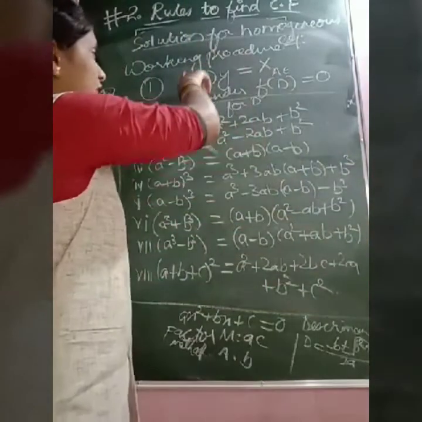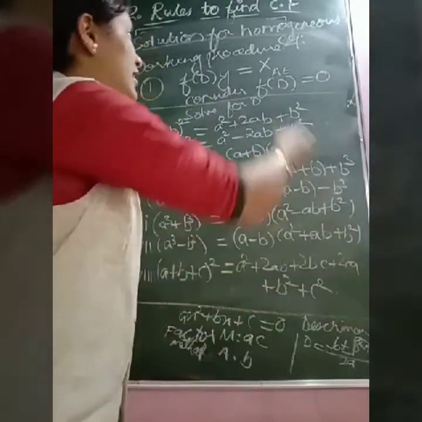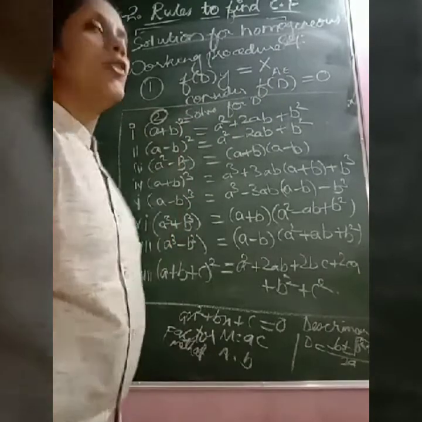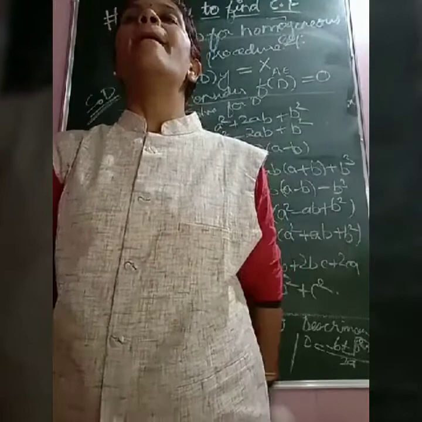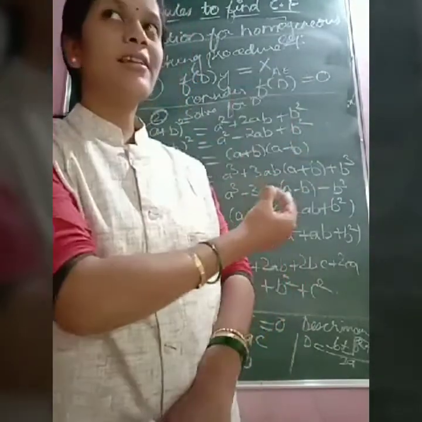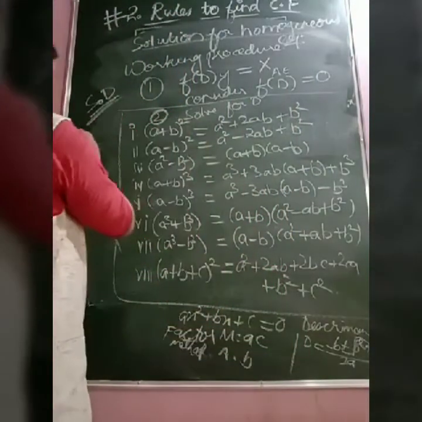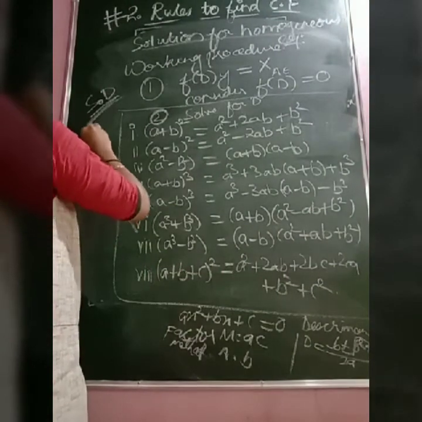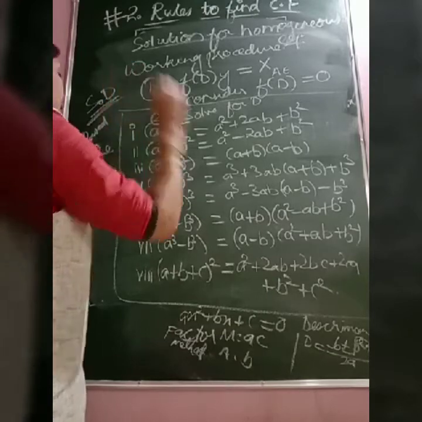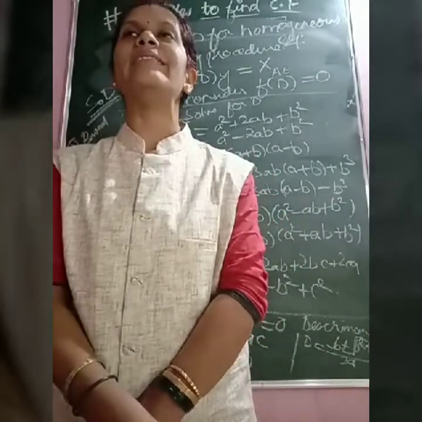So the first step is to check whether it is given in the form f(D)y equal to X. Next, consider the auxiliary equation f(D) equal to 0. Second, solve for D. And third, based on the nature of the roots, you write down the CF. Just now we saw the rules to write CF. So this is all for the rules to find CF.